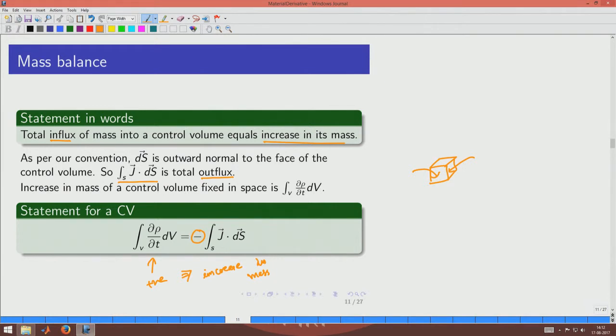volume. So, we are going to do this for every other major governing equation in transport phenomena. So, we must get used to the way of writing here. Every time we refer to all the faces, we have a surface integral coming in, and whenever we have a volumetric term, we have a volume integral coming.